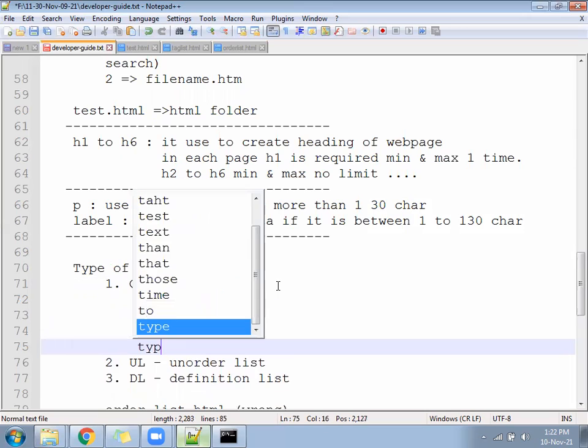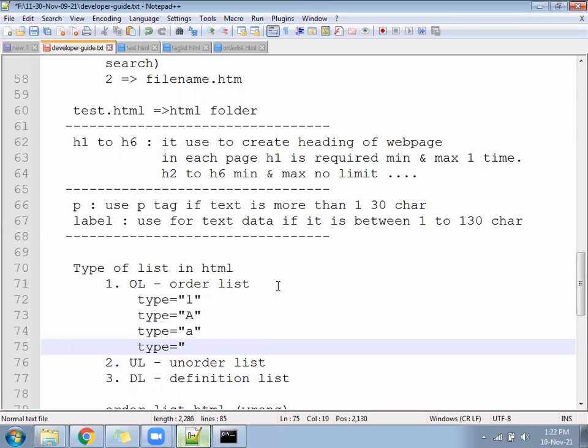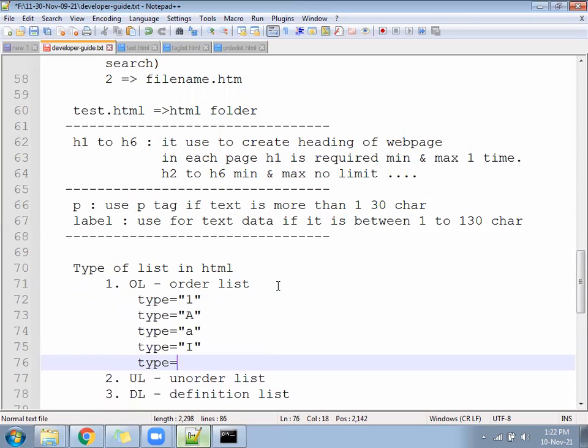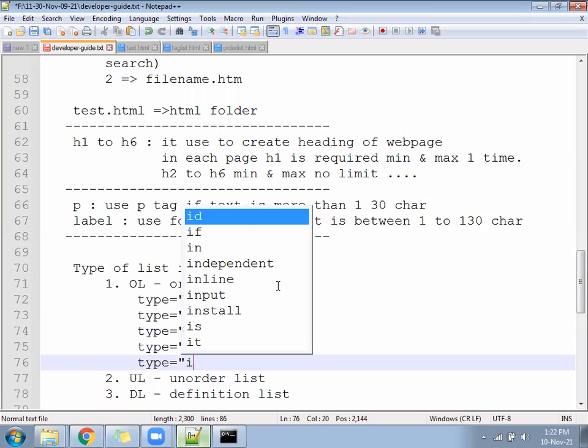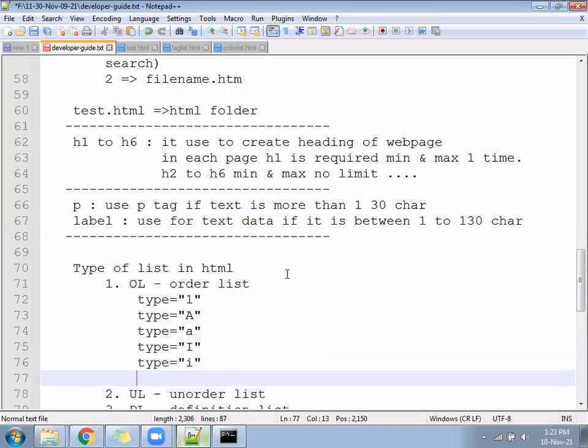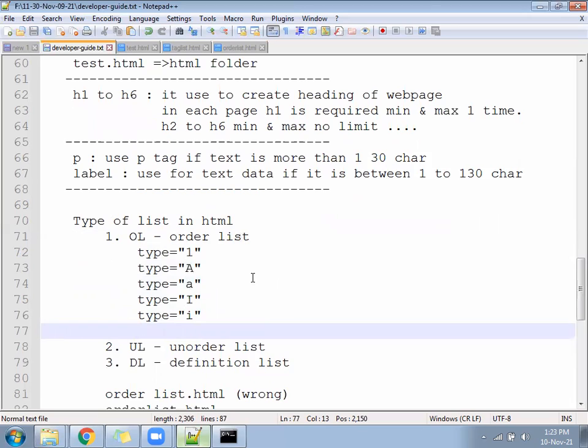Next, type equal to capital I. Next, type equal to small I. Capital I, small I. These are all the types of ordered list.